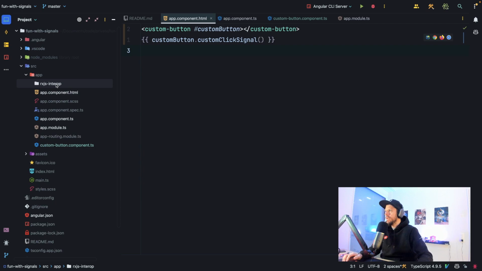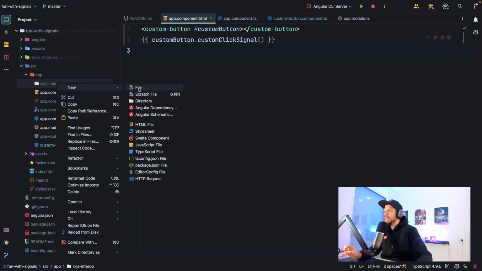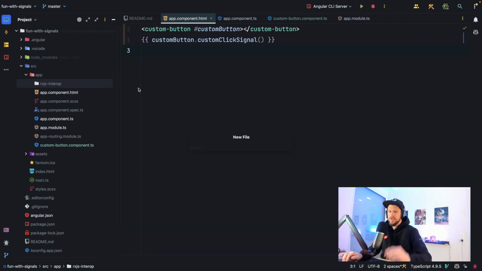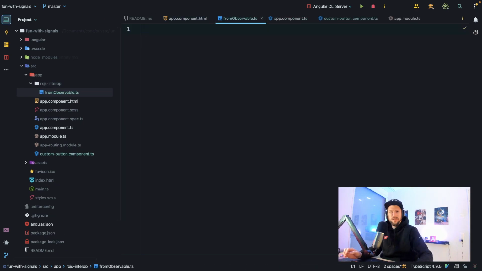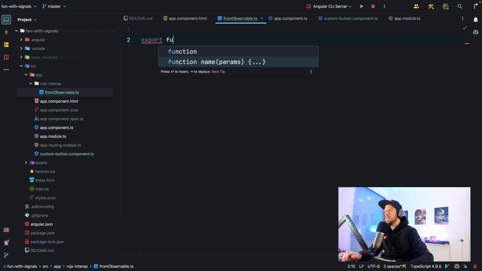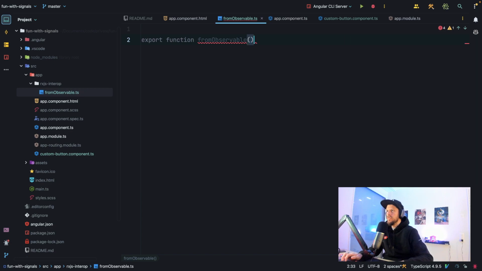Interpolation. Yeah, it's good. So basically the idea here is, yesterday we already copied the code from Chau, right? Today I want to write it myself, just to get a bit better understanding. Yesterday was more about getting the basics. Today I want to write a function that takes an observable and converts it to a signal and vice versa, right? So we say export function fromObservable,